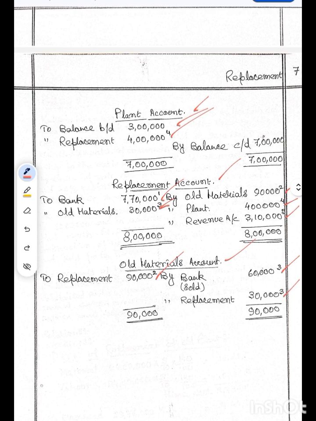Finally, we have seen that the replacement account and old materials account are tallied, and for the plant, there was 3 lakhs plus 4 lakhs, that is 7 lakhs as the balance. That is our plant account balance. Okay, this is our first problem, it is completed. Next,